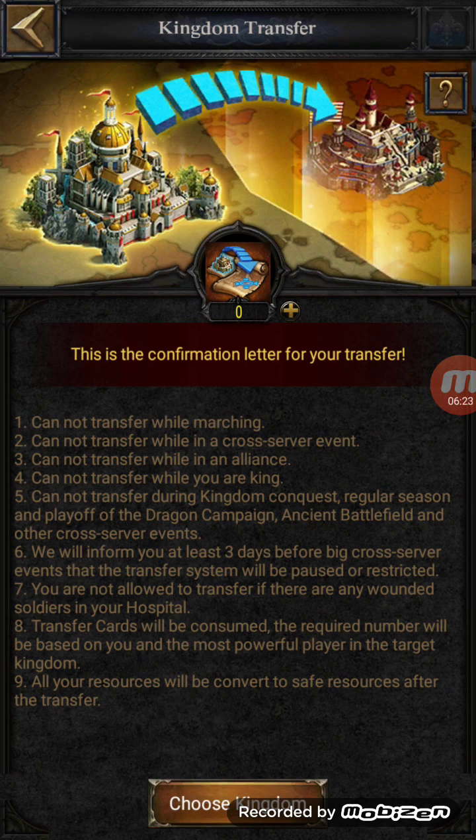9, all your resources will be converted to safe resources after this transfer. So guys, I think this is the best thing to do, based on number 9 about your resources. If you have farms, loot them all. Make sure you are ready, you have no wounded troops, you're not marching, you are not the king, you're not in an alliance, and there is no cross-server event. Gather all your resources in your castle, loot all your farms or enemies, and then transfer,